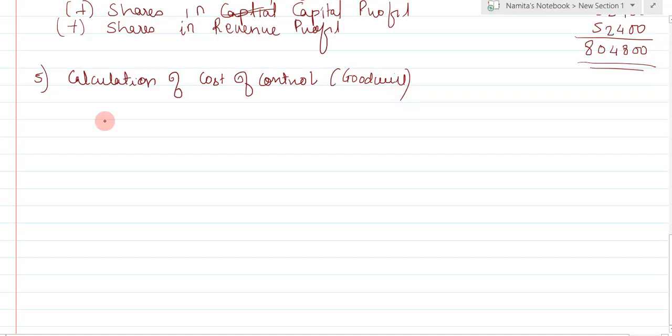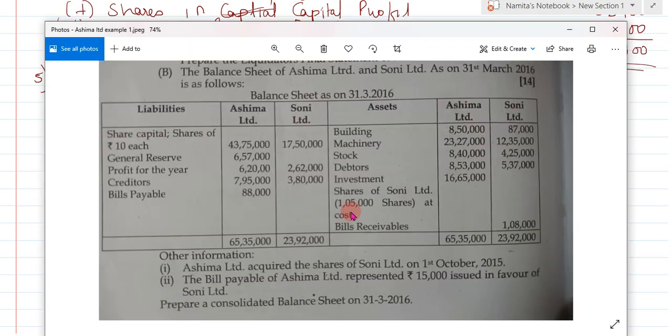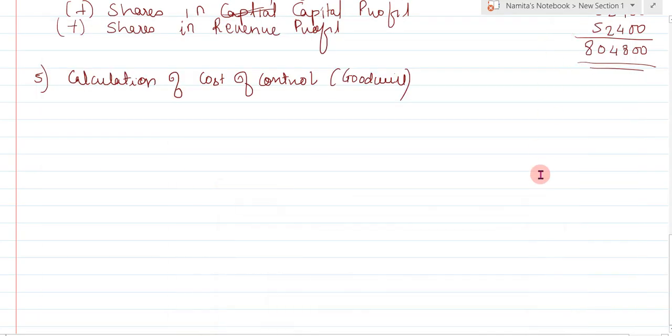Okay, so for cost of control we need to know how many shares Anshima Limited has acquired of Sony Limited and at what cost. Here on the asset side, in investment, if you see shares of Sony Limited, 1,05,000 shares at cost, that means 1,05,000 shares were acquired at the price of 16,65,000. So this is at cost. For the calculation of cost of control, we will take 1,05,000 investment